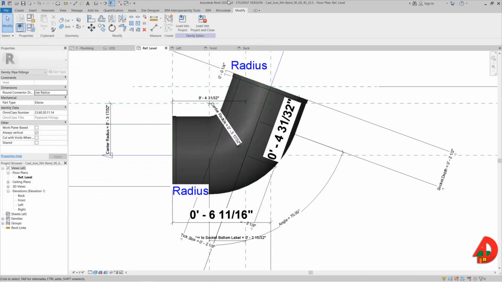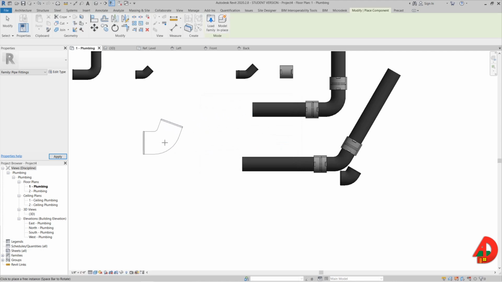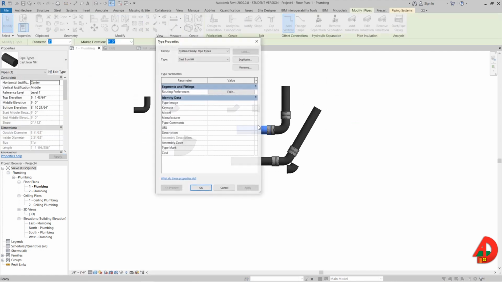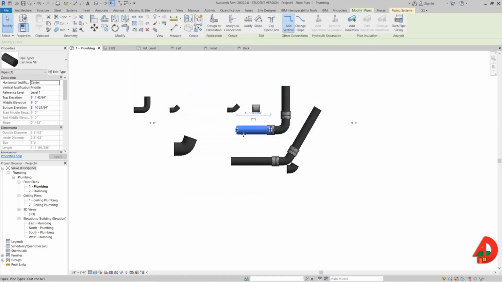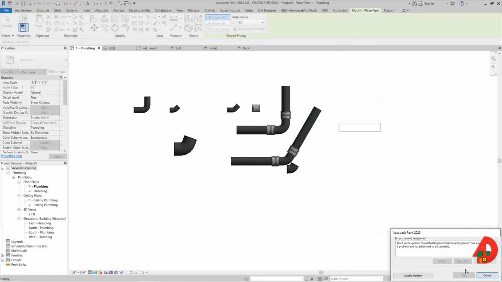Now I am finally ready to load this fitting into my project, and I will place it somewhere right here. I need to add this fitting to the routing preferences of this cast iron pipe, and under elbow I will select cast iron bend. I apply the changes and I will use the pipe command to draw a pipe, and I will make a 90-degree angle,